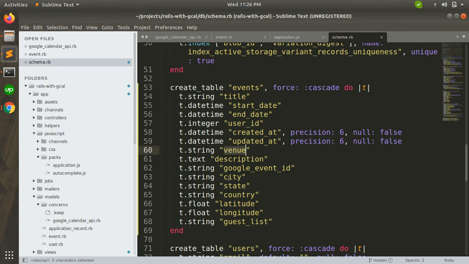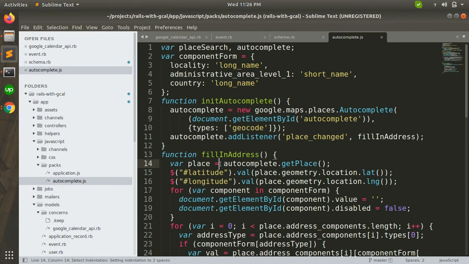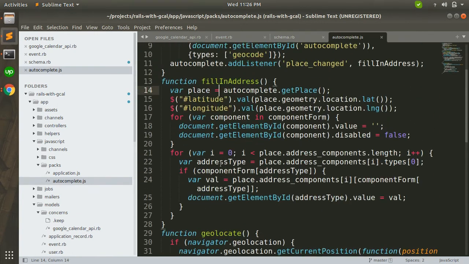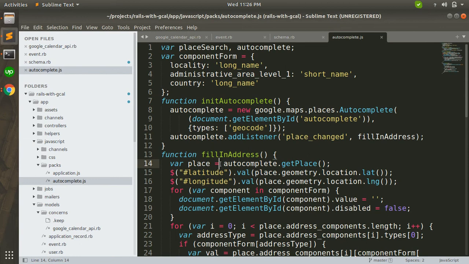But you can see here that I have selected city, state, country, lat, and long attributes as well. I have a script already written for the autocomplete place here, and if you want to use that script, you can, so that whenever you type a venue, it will allow you to select the place from the autocomplete API.